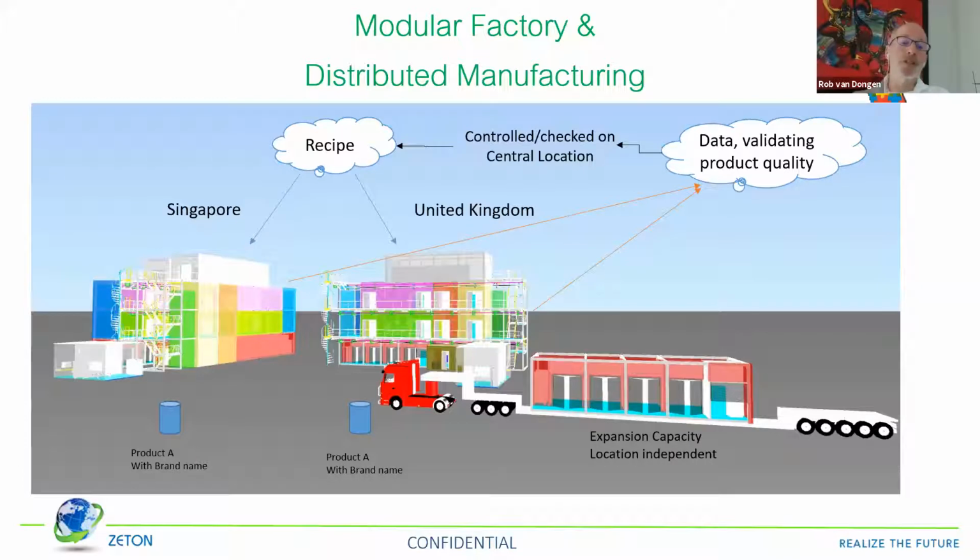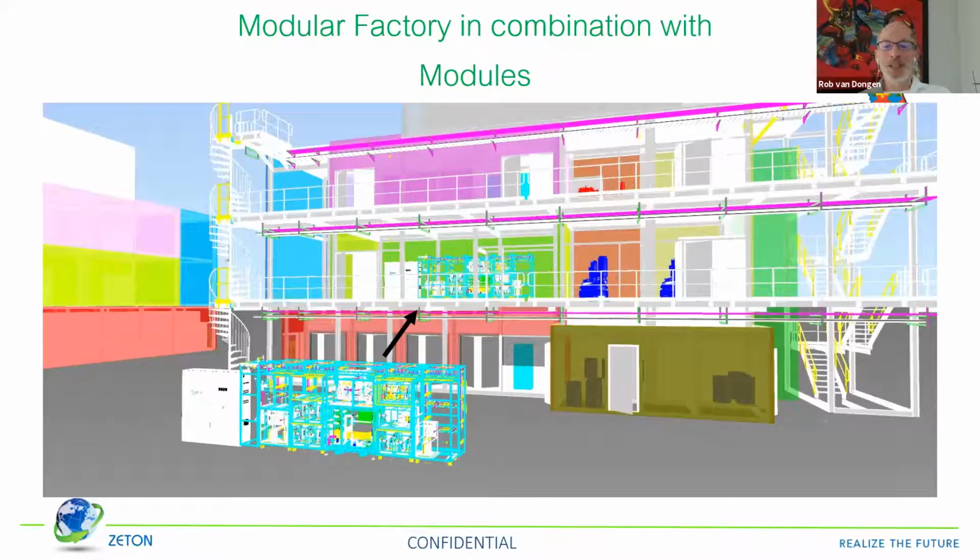So not only the modules, even the building concept, but the recipe should be central managed, and also the product data should be managed centrally. So that interaction to a central location is key. And you see on the front a truck with a module to show that it is really easy transportable all over the world. Here you see the example of the modular concept, which is brought into the